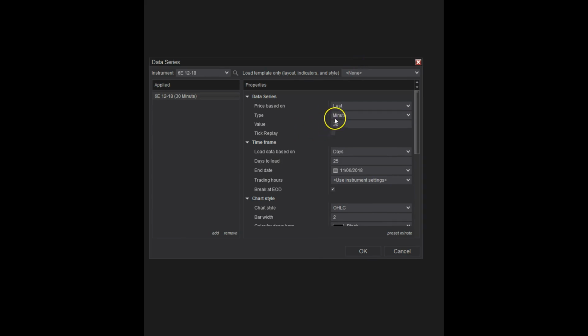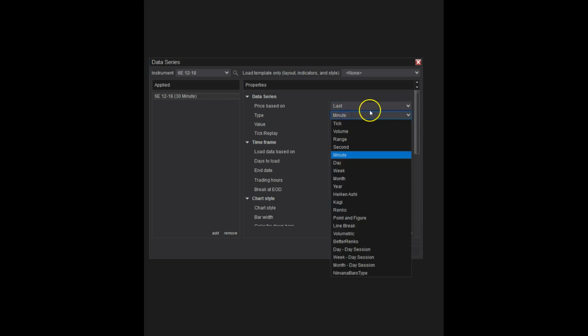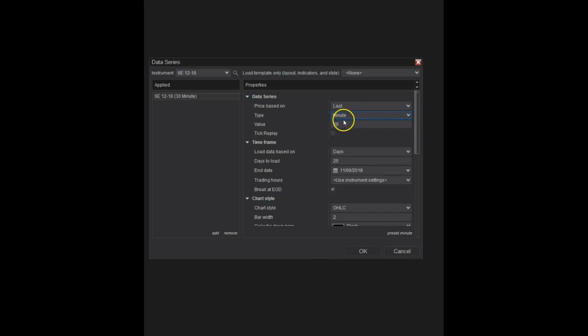So we have to look at three properties only, and it's going to be the type. It has to be under minute. The value has to be set to 30 because market profile are 30 minutes chart. And days to load, I'm using 25. This is the lowest number of days to load suggested, and you can put more,